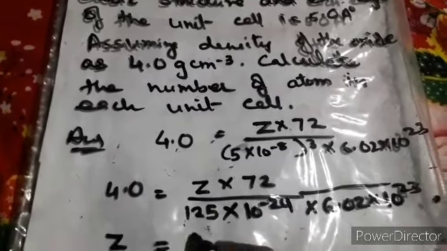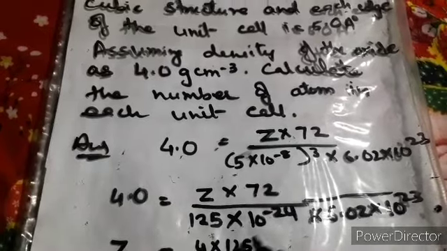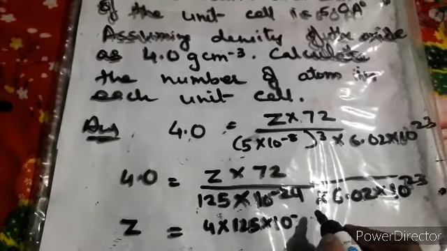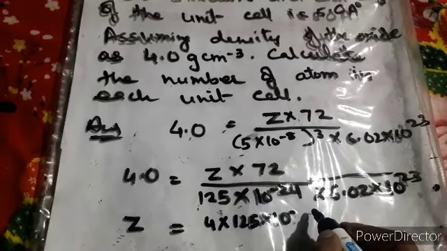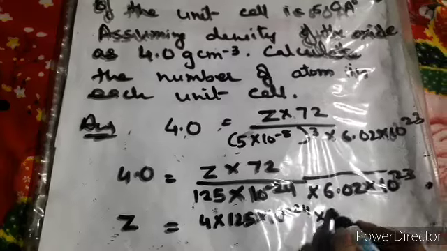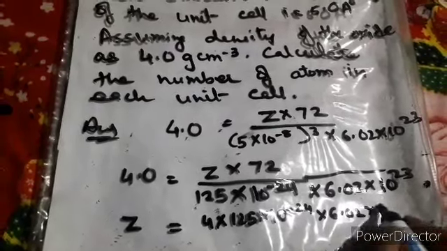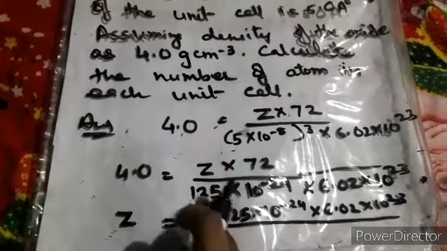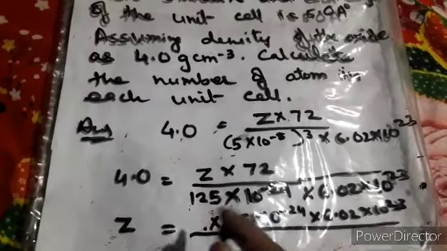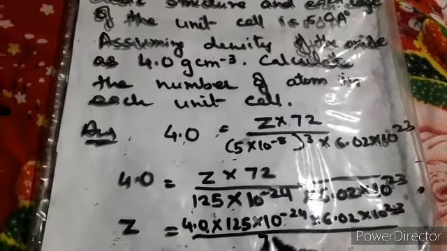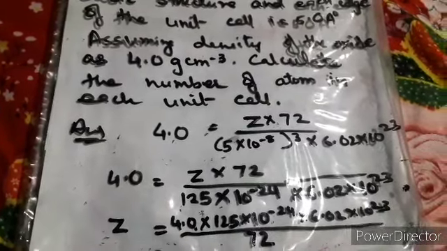Z will be 4 into 125 into 10 raised to power minus 24, the same thing, into 6.02 into 10 raised to power 23. This thing, now we are multiplying it with 4. Instead of 4, if you want to write the same thing, write 4.0, and Z will be divided by 72. This value I have already